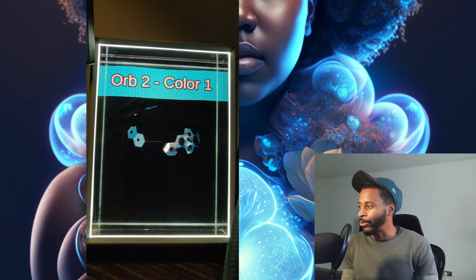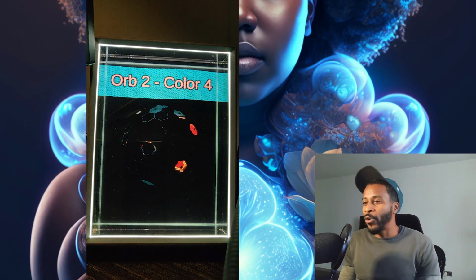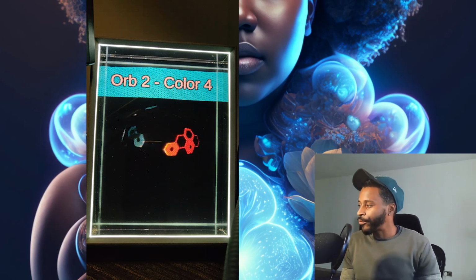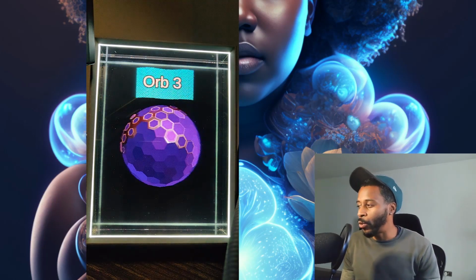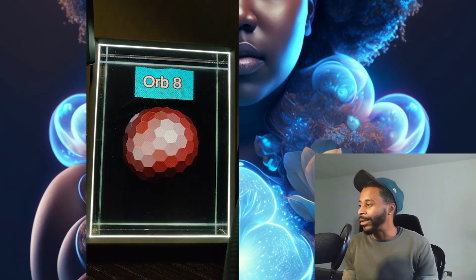I think this one's just because it's got some more colors in there. So if we change the inside of that to a red, cool. If I go through, we've got all these orbs, and we can shift around the colors.